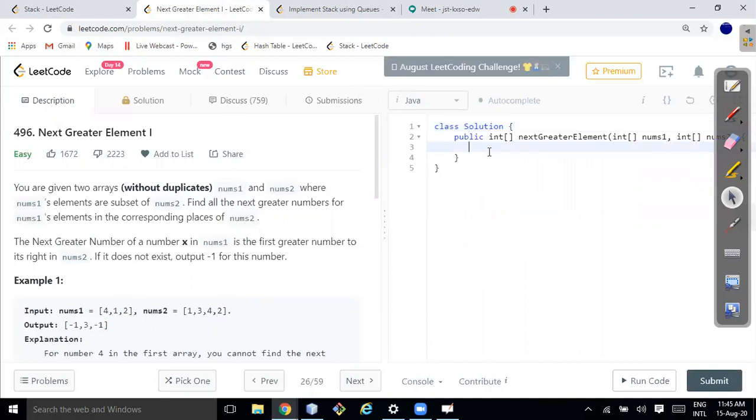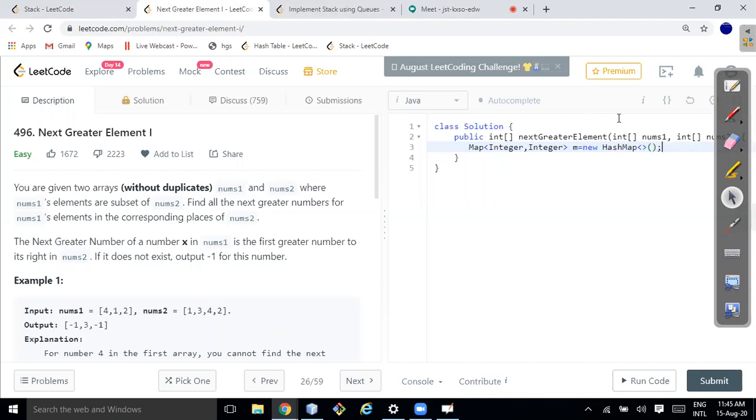Okay, so let me start. The first thing is I need to create one map. So map m is equal to new HashMap, and this should be of Integer and Integer. That's good.